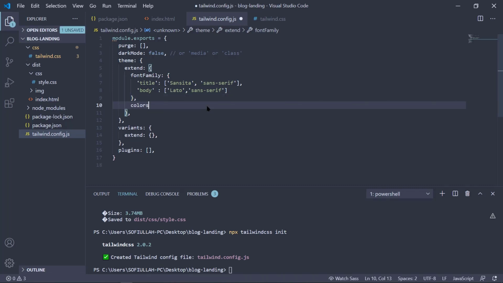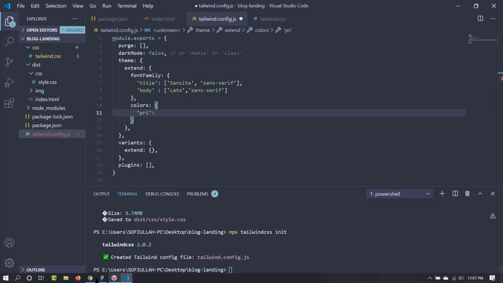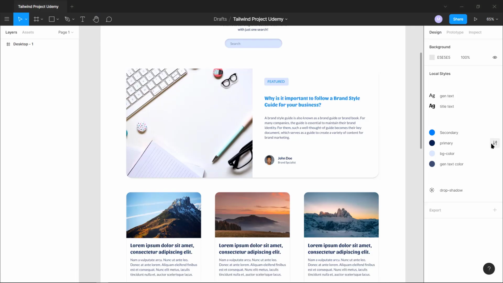So it is colors, then a colon, and now we need to give them classes. So let's start with the primary. We can name it primary, but we need to use the class name frequently, so I'm going to keep it simple and give it a class name of pri. It will do. And the primary color is this one.